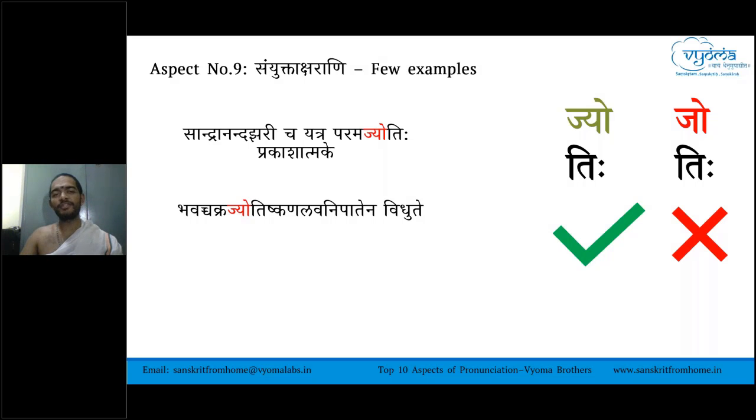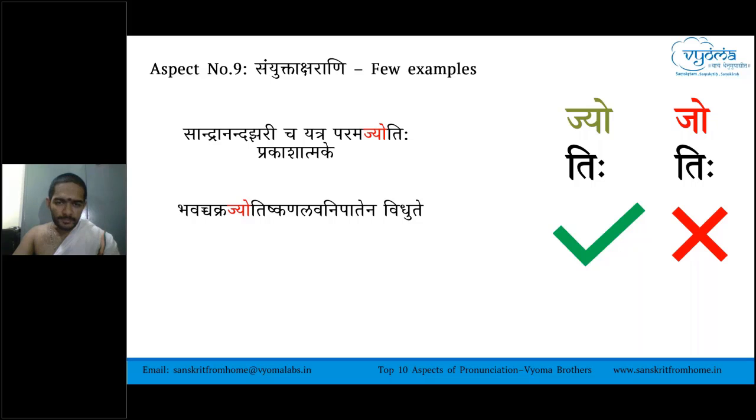Many people say Jothi. It is not Jothi. It is not Ja with O. It is Jyoti. That Yakara should be cleanly heard. Jyoti means lamp, light, and so on. That Yakara should be very nicely heard. It is not Jothi. It is Jyo, to say it in English. Ja, Ya, O. Jyoti. Paramajyotih prakashatmake bhavachakra